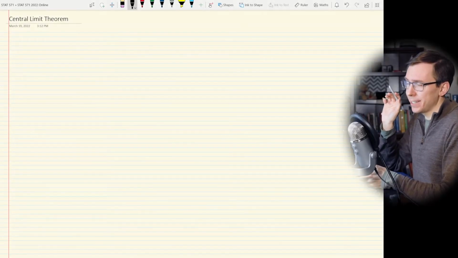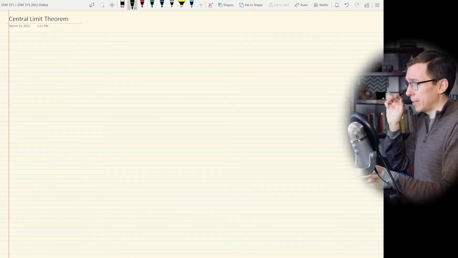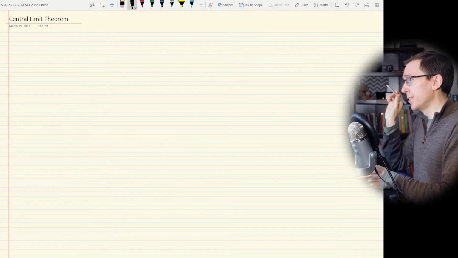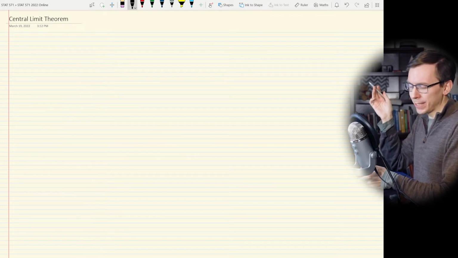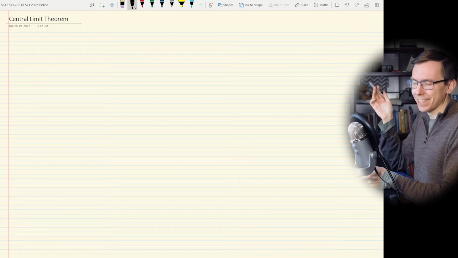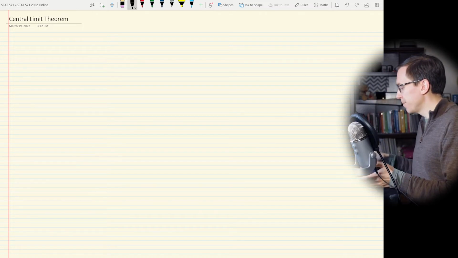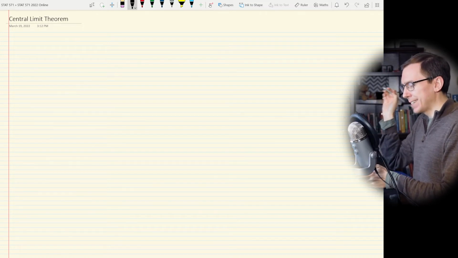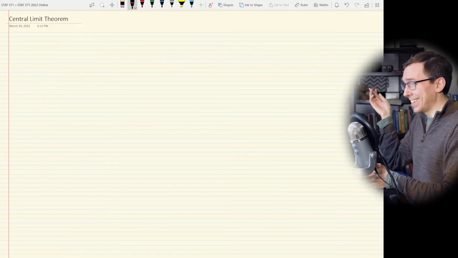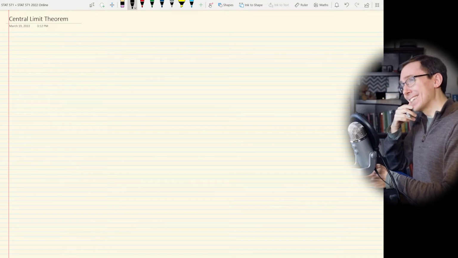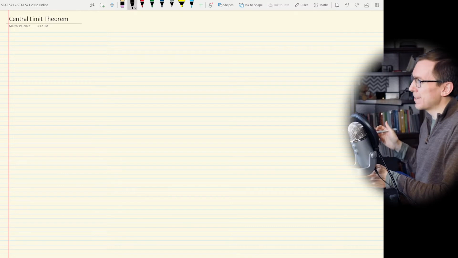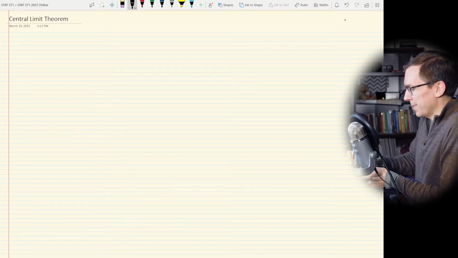Before we get into the central limit theorem itself, we have to talk about Prohorov's theorem. This is a topic that naturally I probably should have included in my lectures about convergence of measures, but I didn't. I didn't think I would actually need it, and then I realized we definitely need it for the central limit theorem. So we'll just bring it in right here. I'm not going to prove this, I'm just going to state the idea.